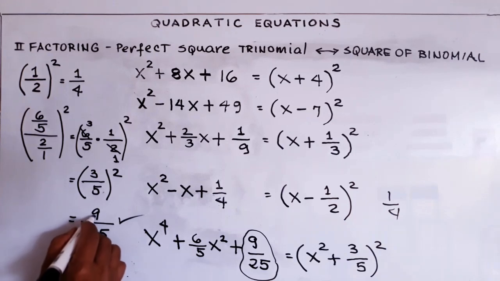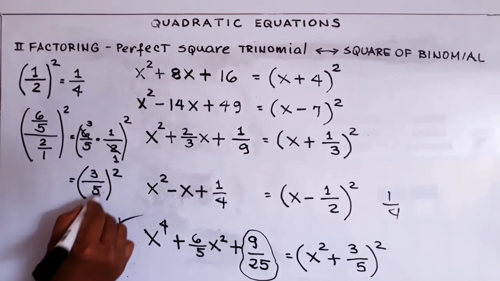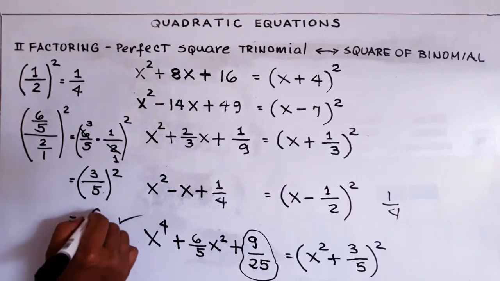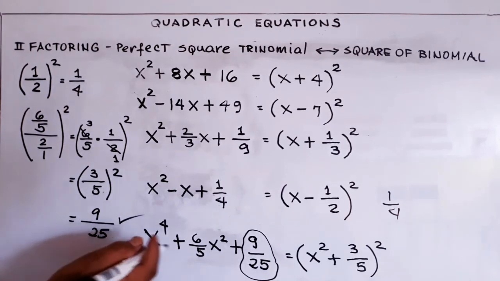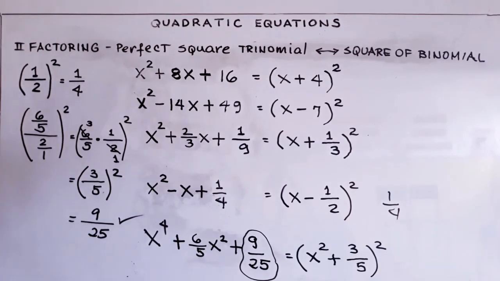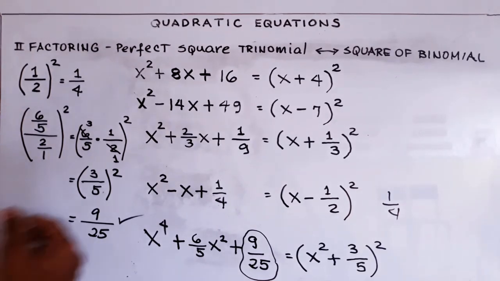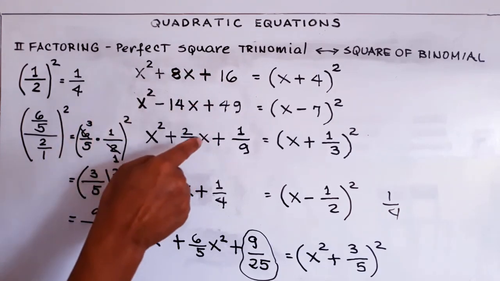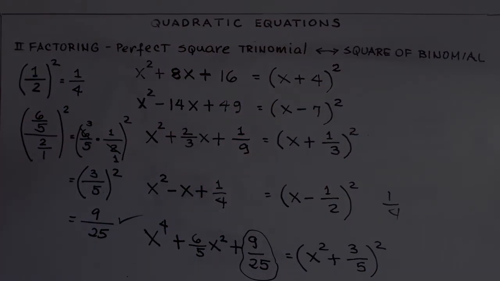If your answer here is 3 times 2 is 6, and then 10, no, it's not, because you don't have the square root of 6. It's not a perfect square, and then the other one, which is 10, you don't have the square root of 10. It's not exact, 3 point something. So that's how to find the last term of a perfect square trinomial and how to factor this perfect